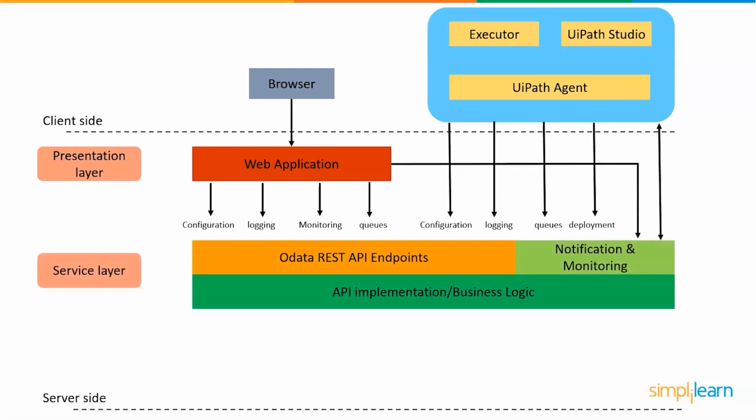Let us look at the service layer, the UiPath architecture's most significant layer. The service layer shows all server information. The UiPath Orchestrator is the most significant part of the server layer. When the robots can perform the task, the entire project is periodically uploaded to the server. With the aid of an orchestrator, the project is often carried out through several structures. The orchestrator is in charge of the whole band.